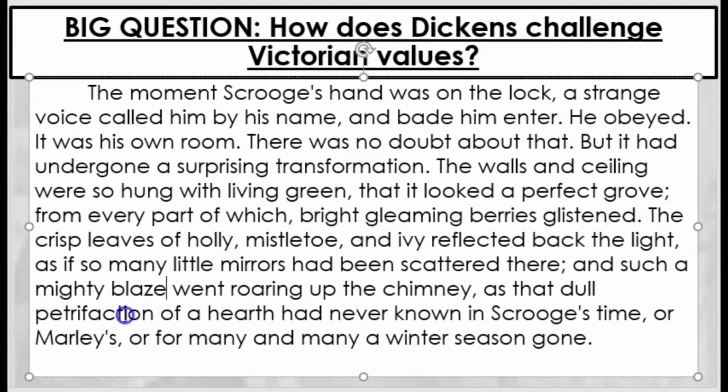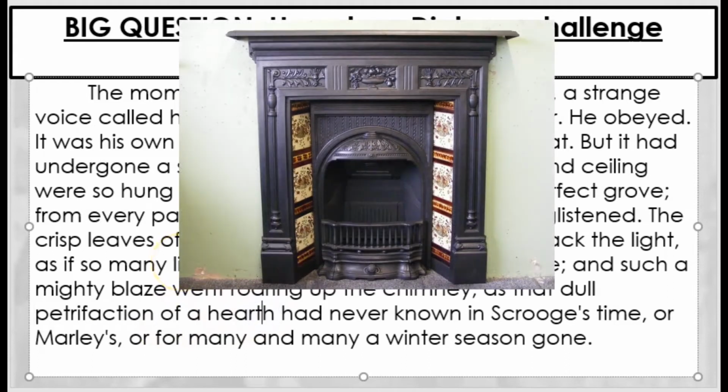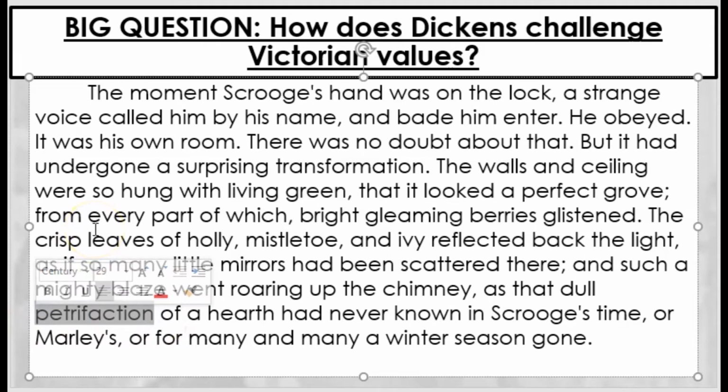Now, you might be wondering as well what this word petrifaction is, because it talks about this dull petrifaction of a hearth. A hearth is the fireplace, the surrounding kind of ceramic and stonework and so on that goes around a fire, so that if a coal or spark goes outside the fire, it doesn't catch fire onto the living room or the room it's in. But petrifaction means to be petrified, turned into stone. So what's really being said here is that because Scrooge barely uses his fireplace, it's very rarely warm, it's kind of turned to cold stone over a period of time because of Scrooge's stinginess when it comes to making fires.